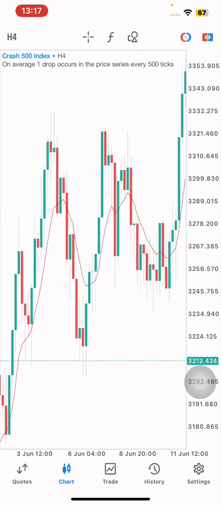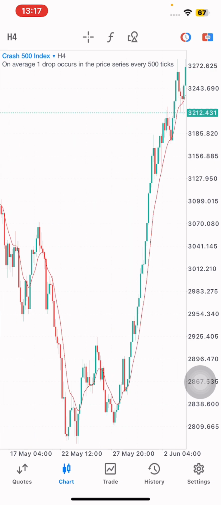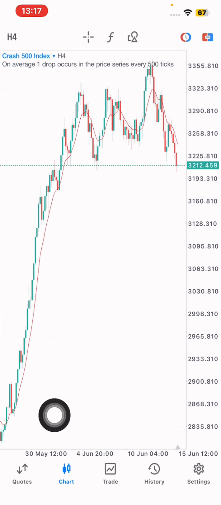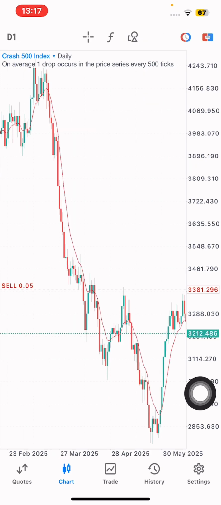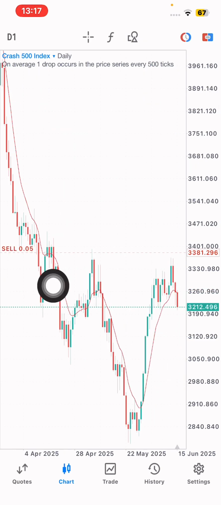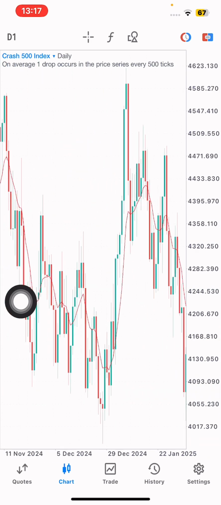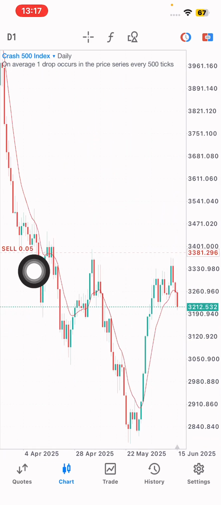And looking at the main market structure, the market has room to move up to this level and then downwards, catching spikes with Crash 500 Index. You can see this is a simple pattern. Market is already in a downtrend mode. Market continues to break below structure, goes back and retests the structure for the first time, breaks down again, then retests the structure for the second time.